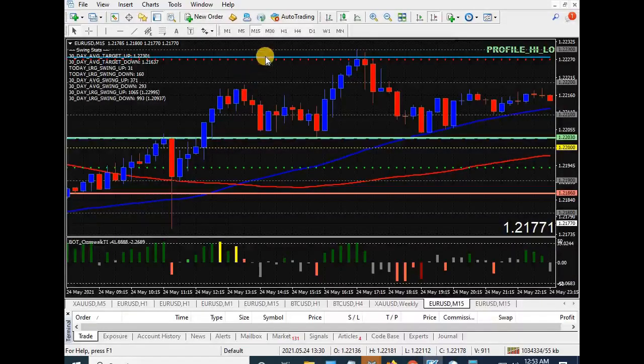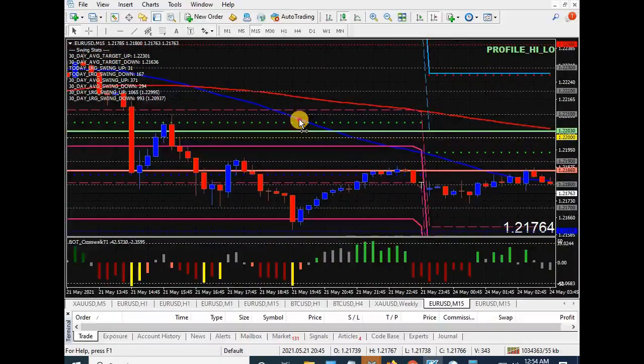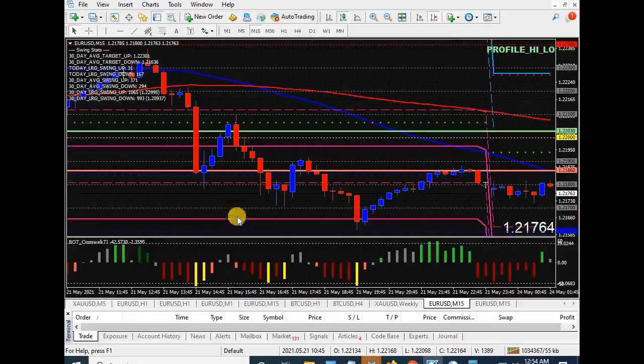Understanding these levels, using these levels together. When you see this R1 and this +1 deviation, that's confluence. Confluence is where you've got two different reasons or tools, and they're both meeting together. They're confluent and telling you the same thing. That's why we got a nice reaction at that level. And that's basically how you use these levels.